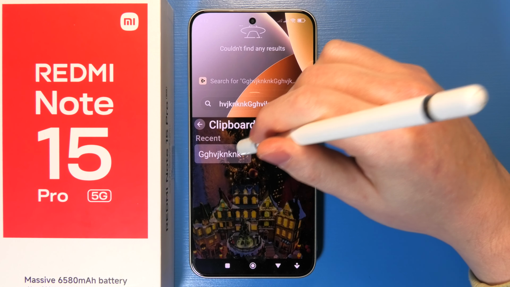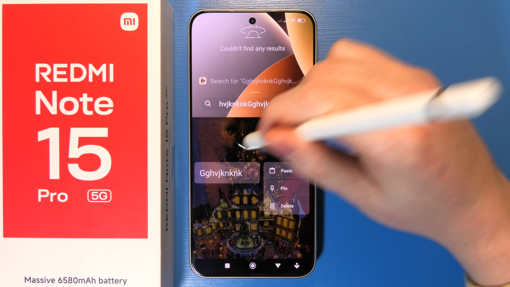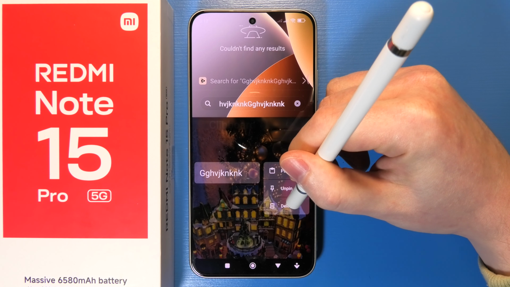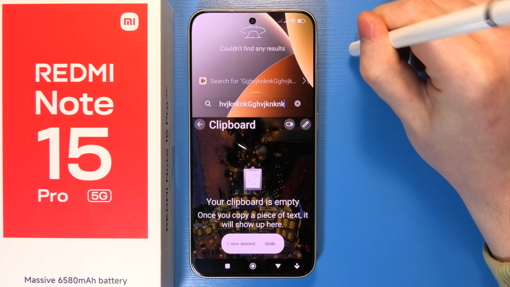You can click on it to paste it in, you can hold it to pin it, to always have it on top, and you can also delete it from the list if you like. So that is